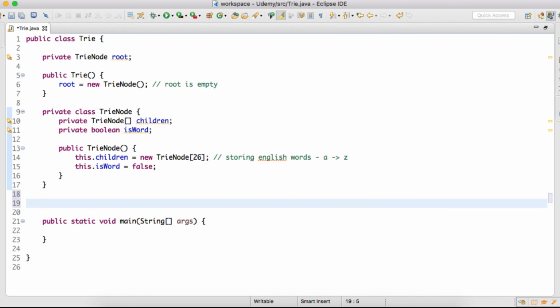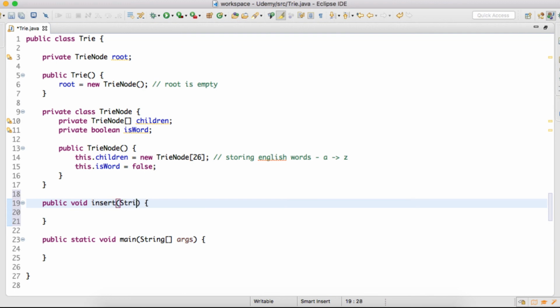Also friends, in our upcoming tutorial we will see how we can insert a particular word into this trie.